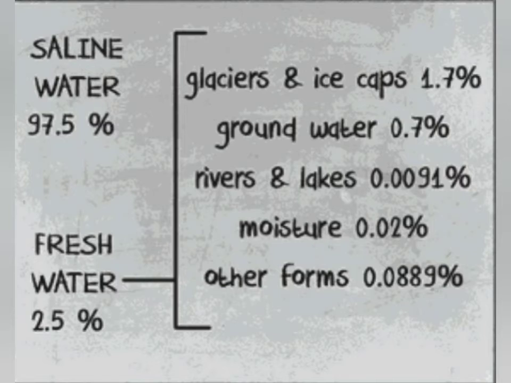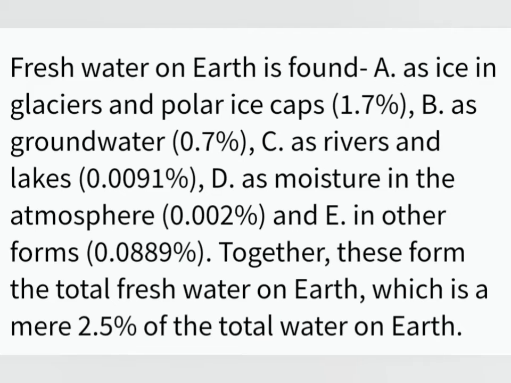scarcity on earth. So children, now my question is, what are the different forms of fresh water on earth and what is the percentage of each type? Let's discuss this activity. So children, fresh water on earth is found A as ice in glaciers and polar ice caps 1.7%, B as groundwater 0.7%, C as rivers and lakes